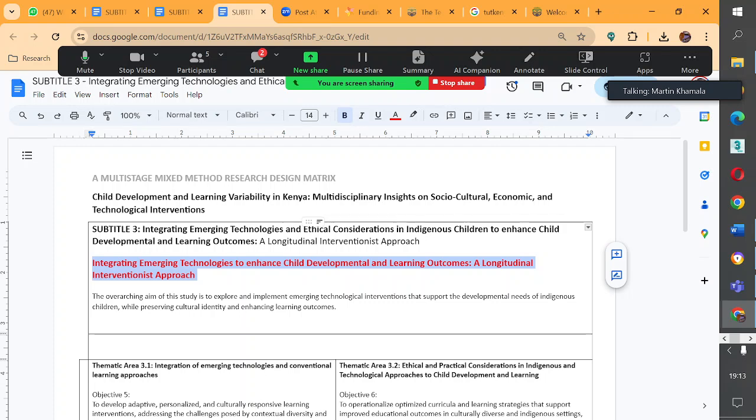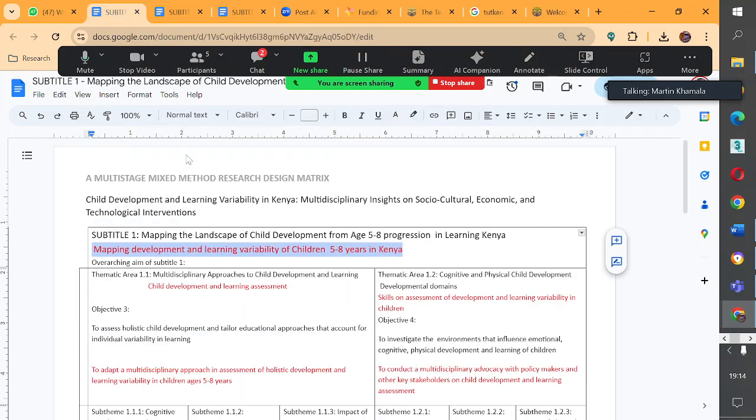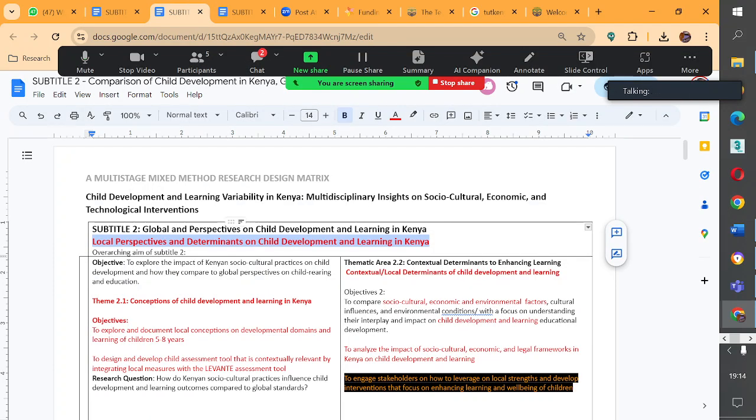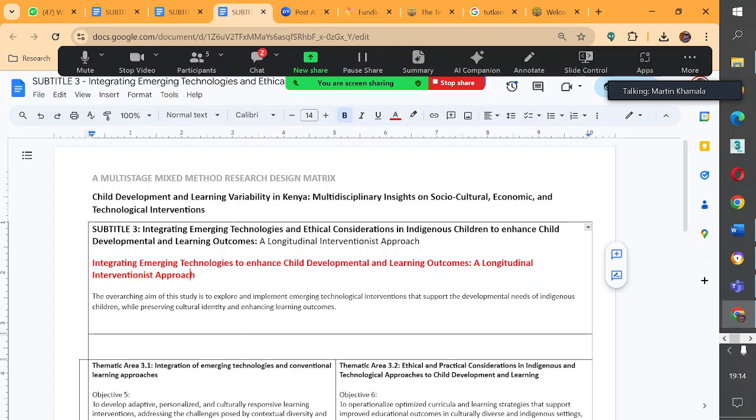Integrating emerging technologies to enhance child development and learning outcomes, a longitudinal interventionist approach. So this one looks at the tools and processes that cut across the first areas. Individual child and learning, child development and learning, and you could say more social, but you could say family, community, national, child development and learning. So what is going on in the first two is investigated